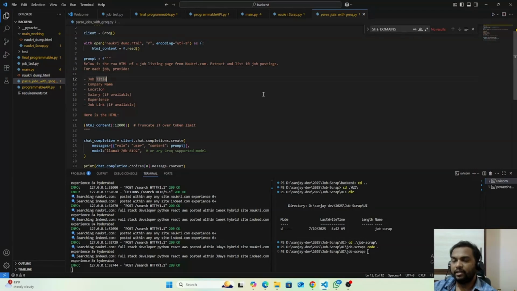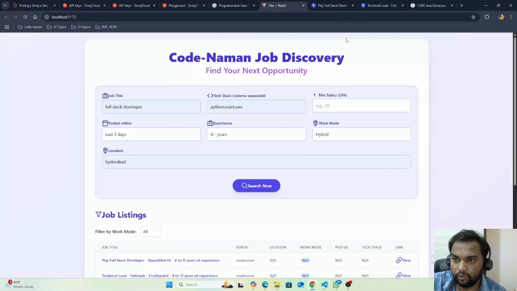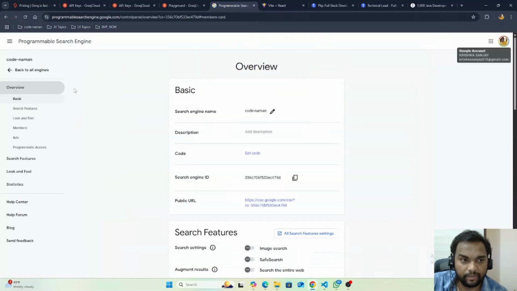I understood they are using some kind of web API. They are doing the web search actually. Microsoft Bing has its own web search API, and similarly Google also has a web search API, like you can see this Programmable Search Engine.